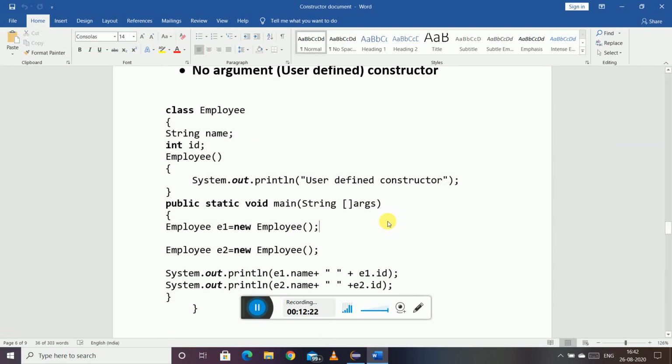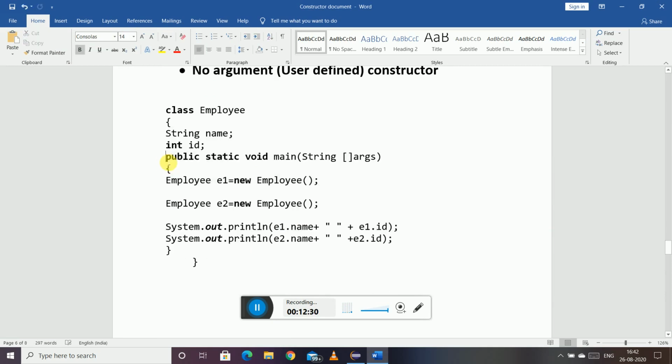See, if we don't have this, when we write this object creation line, a call gets made to the Employee constructor, but since there is no user defined constructor, the compiler will generate this constructor and it will assign default values to the variables, right?